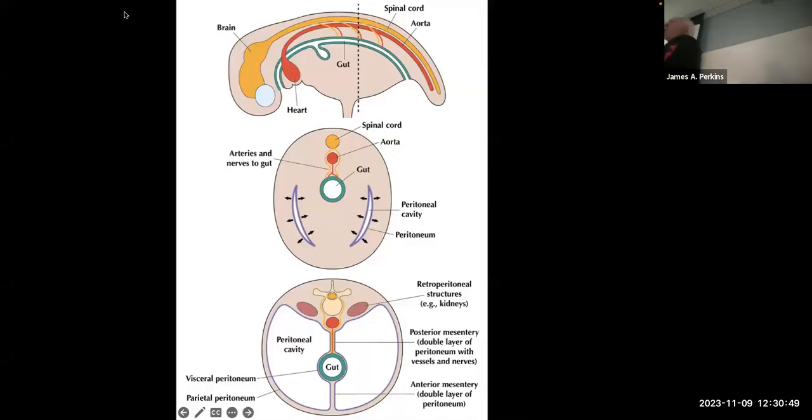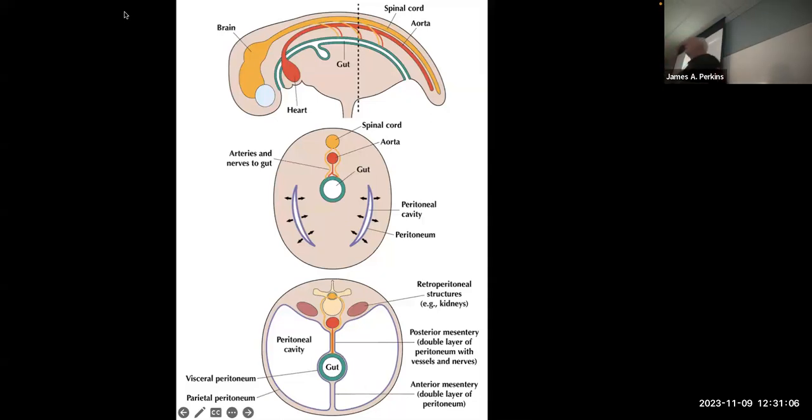All right, we actually have a few slides remaining from the previous lecture. So let me finish those up before we move on to something new. So I wanted to talk a little bit about the embryonic development of the abdomen, similar to what I did